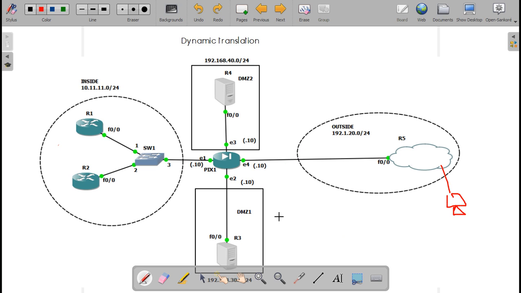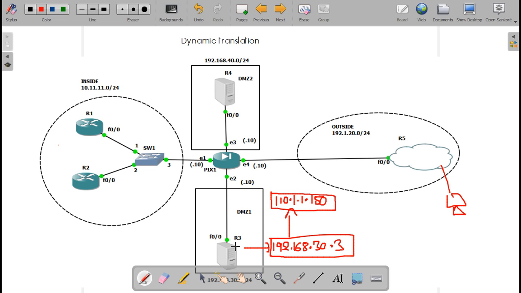For that, your IP should be a static IP. Right now your IP is a private IP, which is 192.168.30.3. What you do is map this private IP to a single public IP, say 110. If you want to reach your server, which is at this IP, you can reach it by accessing this IP.